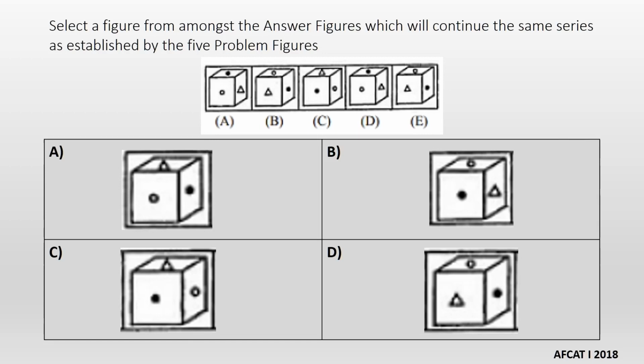The next question is, we have to find the next in the series. So in this, if you will see, in A, the open dot or the white dot is present, and the next it goes on the top, then it comes in the right, then comes in the left, then again goes on the top. So the next sequence should be, it should be on the right. So we can see only C is having the open dot in the right.